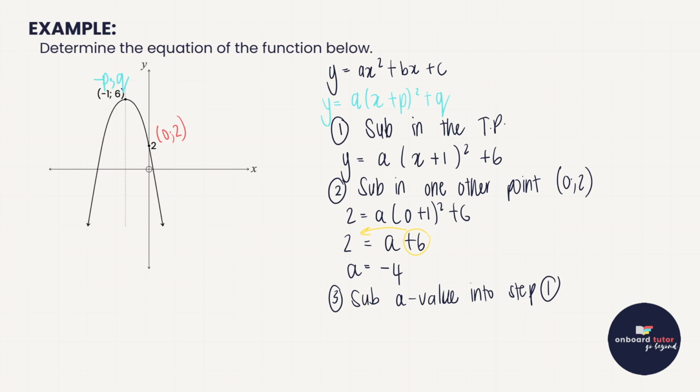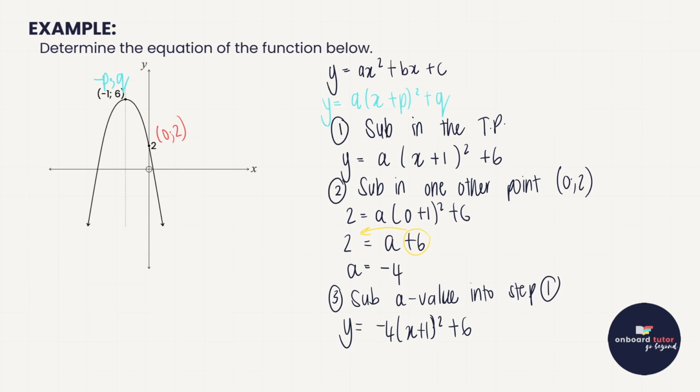So now what we'll do is we'll say y is equal to, instead of a, minus 4 times (x plus 1) squared plus 6. Okay, so this is considered determining the equation here, and then it just comes back to reading the question. They will often tell you determine the equation in this form or determine the equation in this form. If they don't specify, you could probably stop here, but it's best to be safe and to multiply this whole thing out so that you have it in the standard